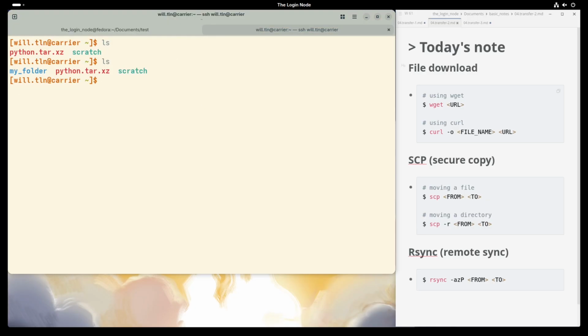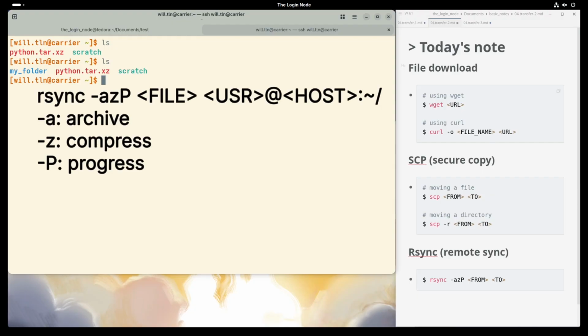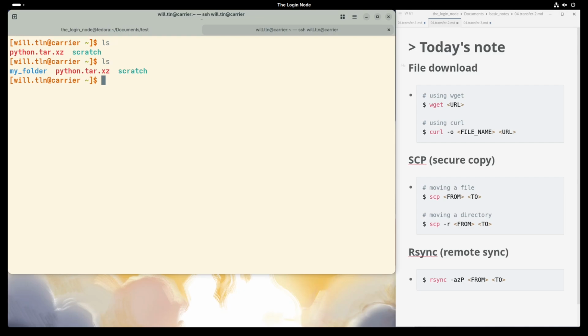These azP stand for: a, archive mode, keeps permissions; z, compress it; and capital P, show progress and allow resuming. If the connection drops, just run the same rsync command again. Rsync sees you have a portion of the files moved and only sends the missing pieces.